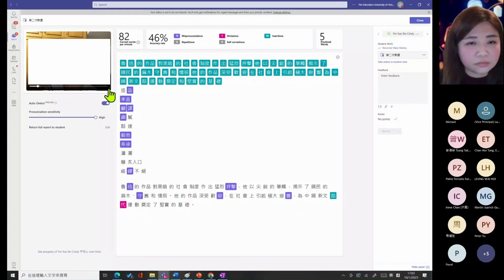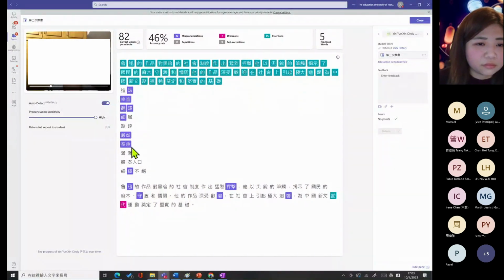造诣、率直、翻译、细腻、豁达、毅然、放诚、潇洒、脍炙人口、络绎不绝。鲁迅的作品对黑暗的社会制度做出猛烈抨击，他以尖锐的笔触揭示了国民的麻木、守旧和懦弱。他的作品深受欢迎，在社会上引起极大回响，为中国新文化运动奠定了坚实的基础。